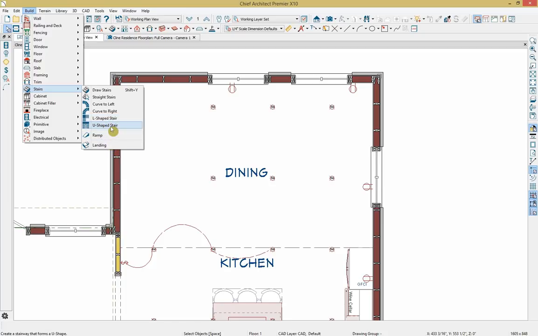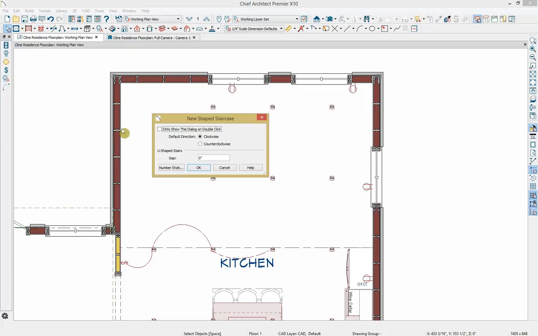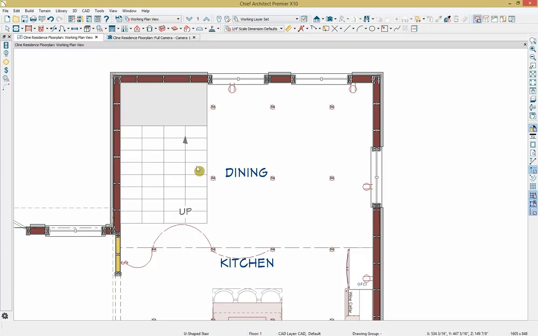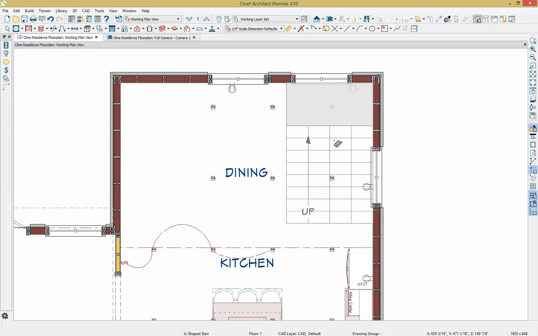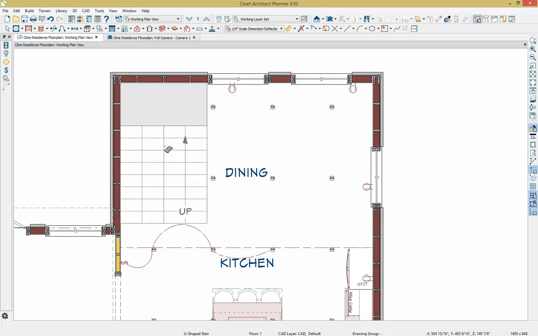I'm going to use the U-shaped stair tool, and when you click on it, you have different options for how you want the stairs to draw on your plan and the gap between the two U-shaped stair sections, and I'm just going to press OK to this, and then notice that we get that feedback as to where those stairs are going to be placed. So I'm going to go ahead and click once in our plan to place those stairs,